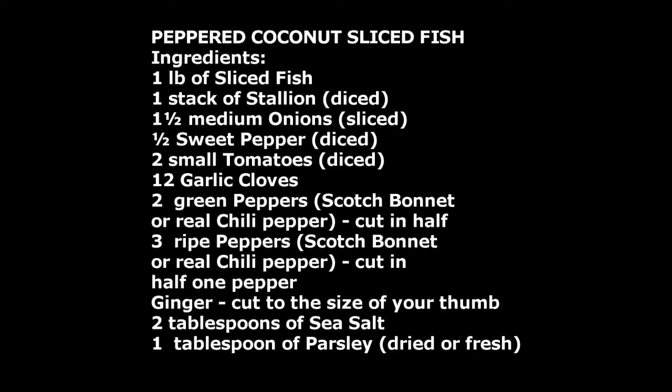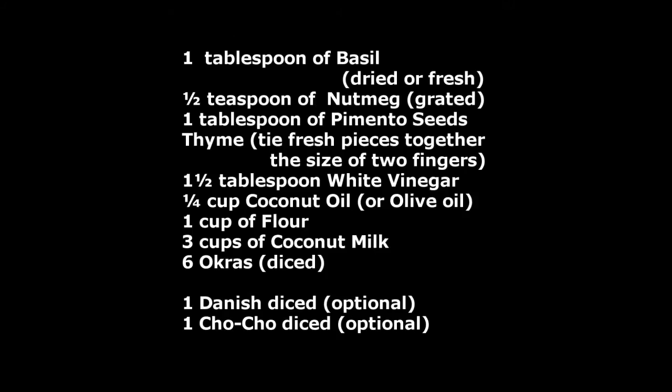Peppered coconut sliced fish. Ingredients: 1 pound of sliced fish, 1 stalk scallion diced, 1 1/2 medium onion sliced, 1/2 sweet pepper diced, 2 small tomatoes diced, 12 garlic cloves, 2 green peppers, Scotch bonnet or real chili pepper cut in half, 3 ripe peppers, Scotch bonnet or real chili pepper cut in half, 1 pepper, ginger cut to the size of your thumb, 2 tablespoons of sea salt, 1 tablespoon of parsley dried or fresh, 1 tablespoon of basil